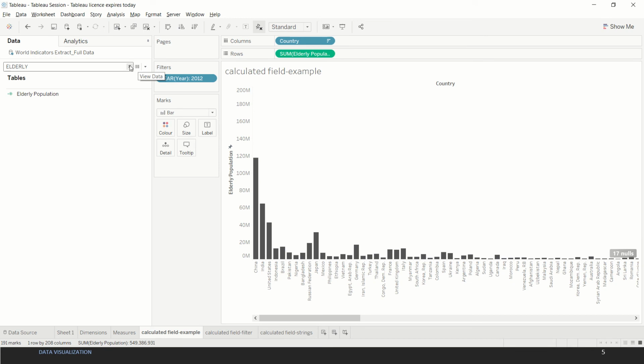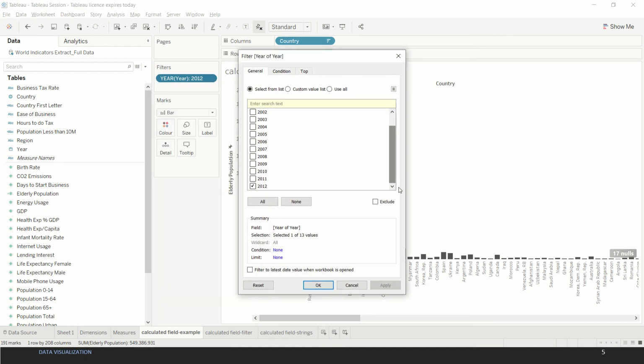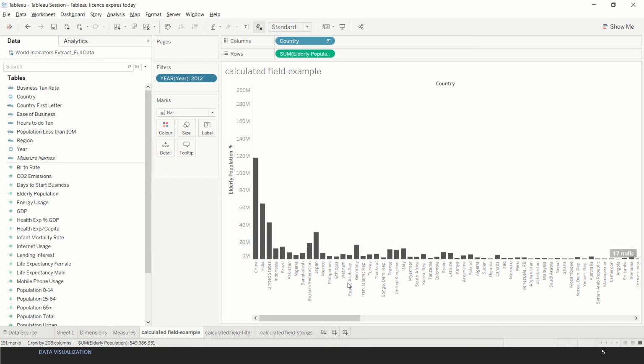Since our data had data for multiple years, we have used the latest available year as a filter over here, which is 2012, and we just selected 2012 and filtered out the rest of the year data. We have moved country to the column and the calculated field elderly population over here.